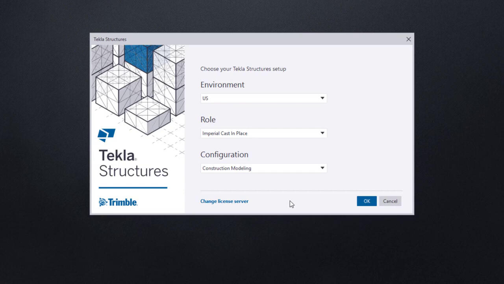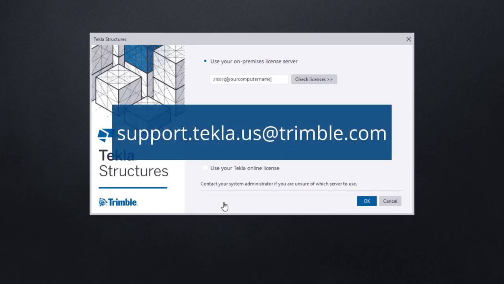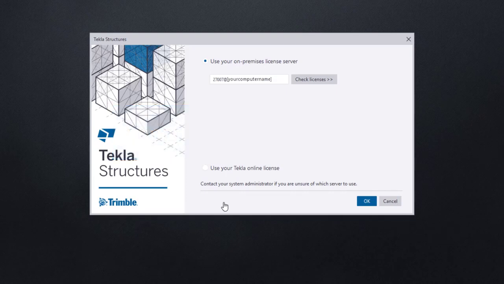You also have the ability to check or change the license server for your Tekla Structures. It's recommended that you don't alter the setup unless you have prior knowledge of the server's location and settings. If you don't, and you need assistance, please contact your system's administrator. If you happen to be your system's administrator and still require assistance, please feel free to reach out to the Tekla Structures US support team. You can reach them by email at support.tekla.us@trimble.com. Please note that by default, the Tekla License Server Administration tool does automatically set your server address to 27007